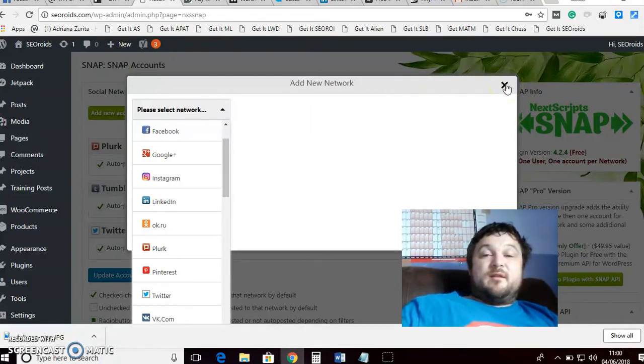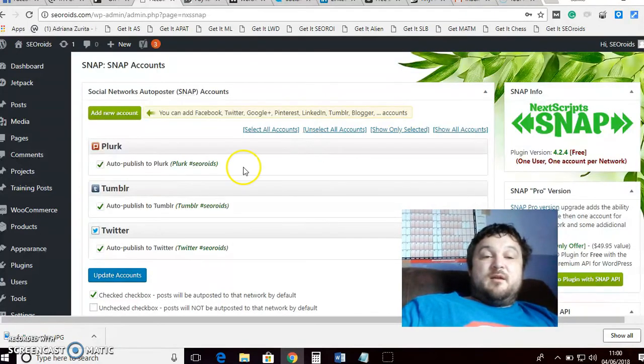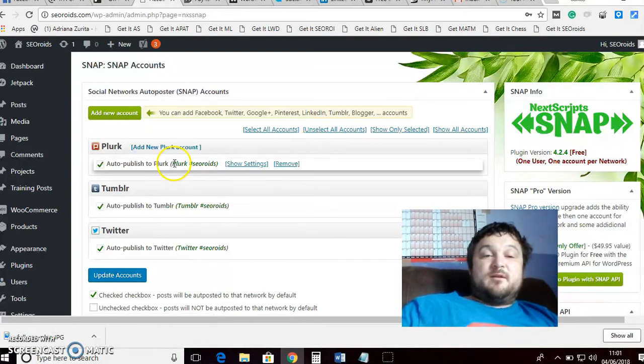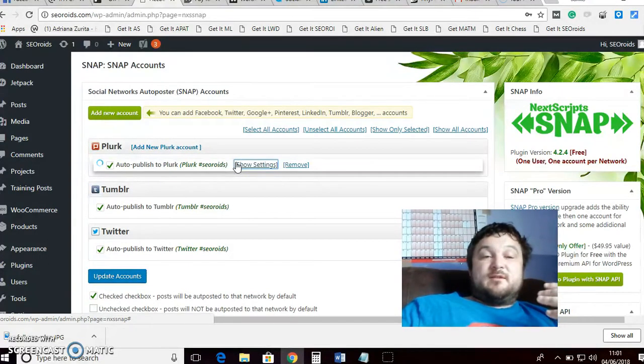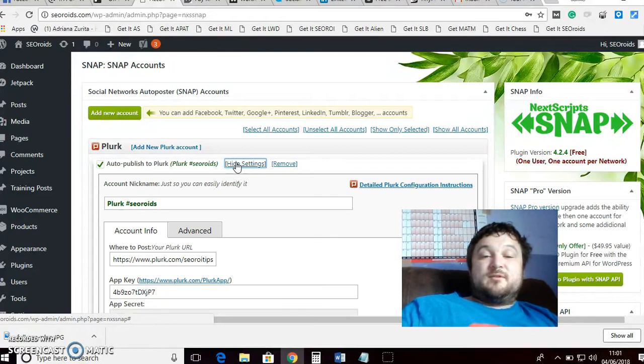Okay, so what you do is let's have a look inside one of them. Let's take the first one here, Plurk. Show settings. The great thing is that when you add it, it takes you through this whole thing. You fill in the fields, and it's nice and simple. They've also got instructions. If I click on detailed Plurk configuration instructions, this applies to all of them, and it